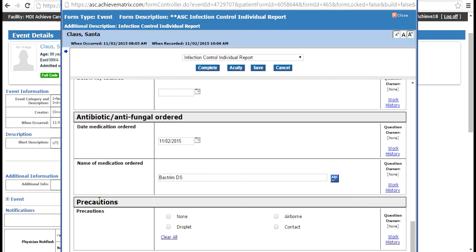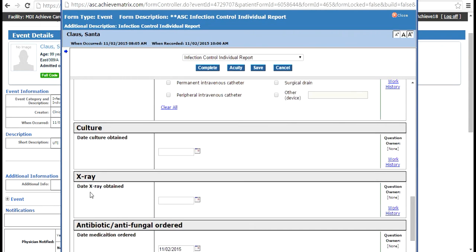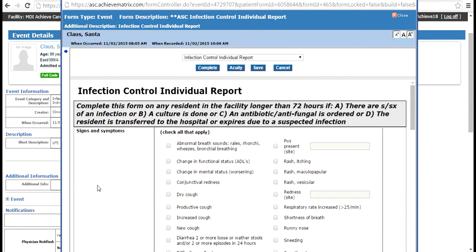And then are there any precautions, droplet, non-airborne contact, so nothing in there. Notice it's not yellow, so we don't have to answer it. Just like the culture and the x-ray, these are not required questions, so if we don't have that information, we don't have to answer it. So that's all I had to do for this. So I'm going to go up here, I'm going to click Save,